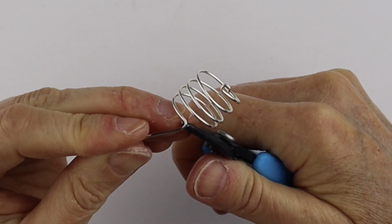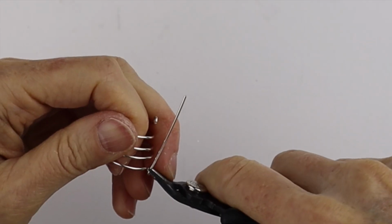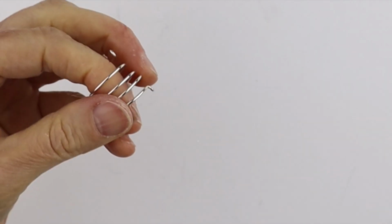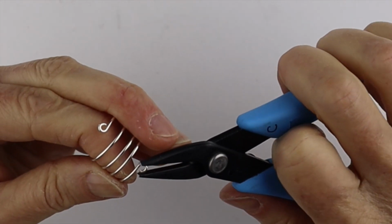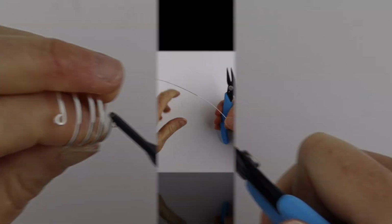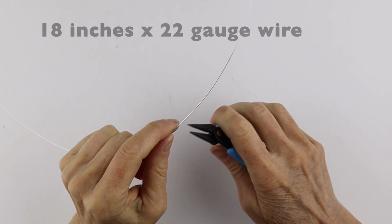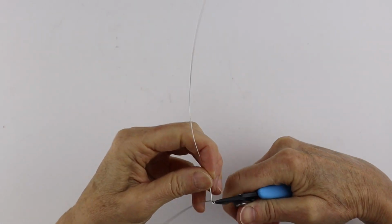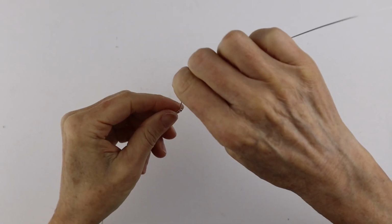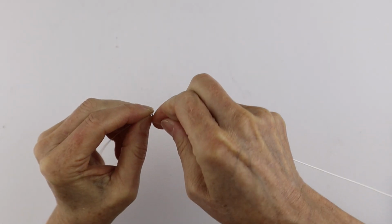Wind it around the round pliers. Give it a little clip, and pinch it flat with the flat pliers. There we go. This one I'm going to use the 22 gauge wire to compare it to the one we did previously with the 20 gauge. And we're going to do the same thing where we just start it with the round pliers, wind it around,